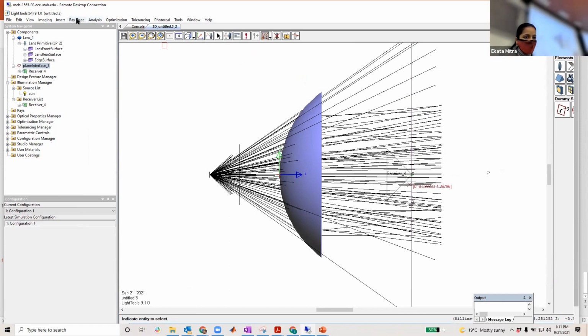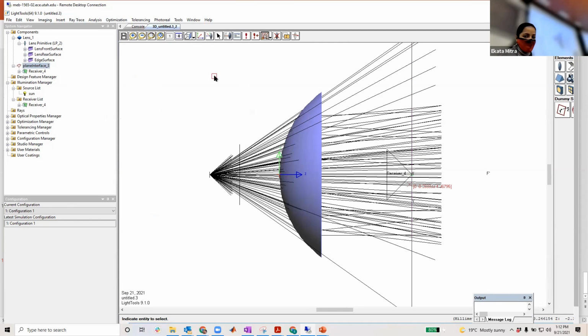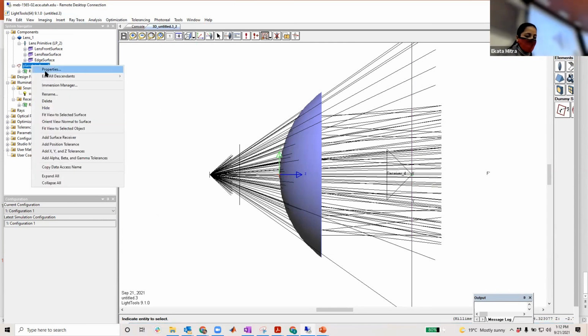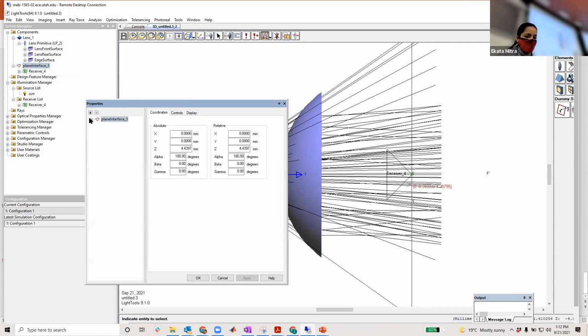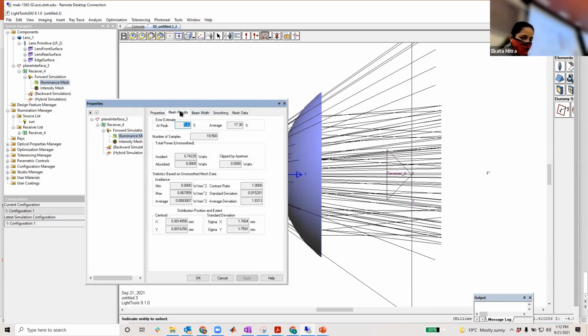But before that, I am again going to ray trace, simulation input. I'll be changing it like this. And a few more things I can do. I can show the mesh results. It's 5.42.